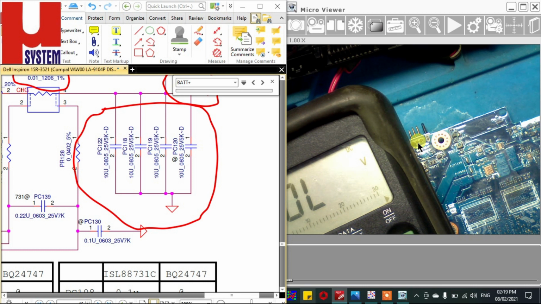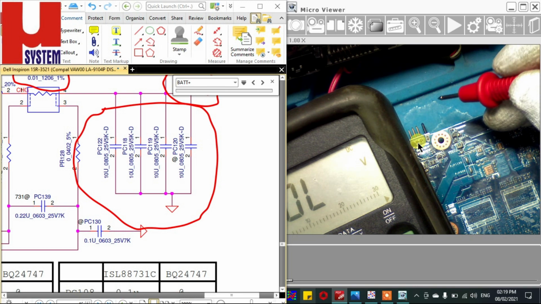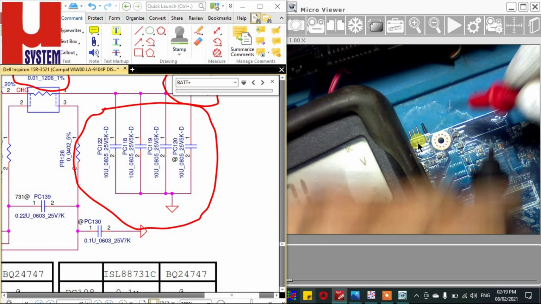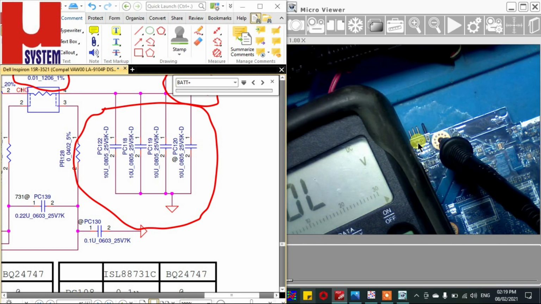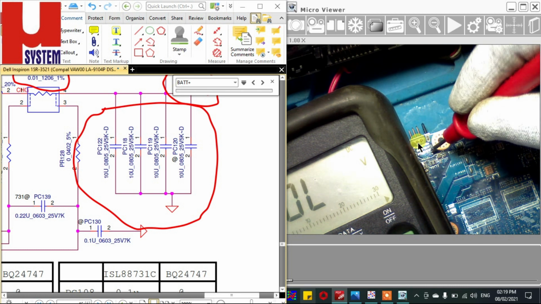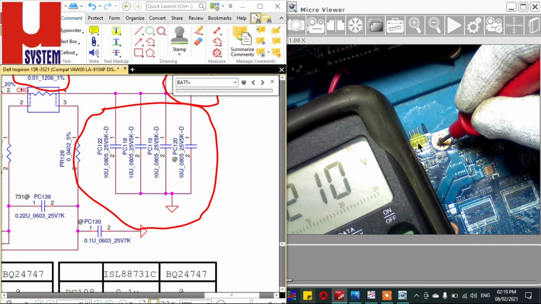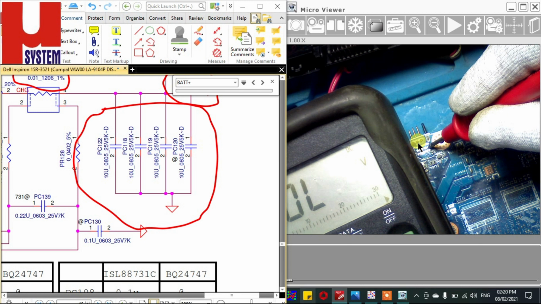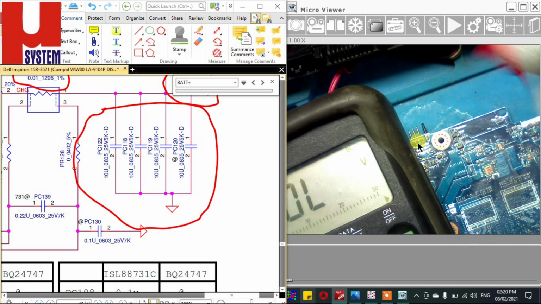Now I am going to check with the motherboard connectivity. So this is the ground point. I have kept it over here, or another ground point is over here. With the ground point, I am going to check. It's showing me 0 ohms. This ground is okay. I will check the ground circuit. Ground is okay. Now the top side of the motherboard.